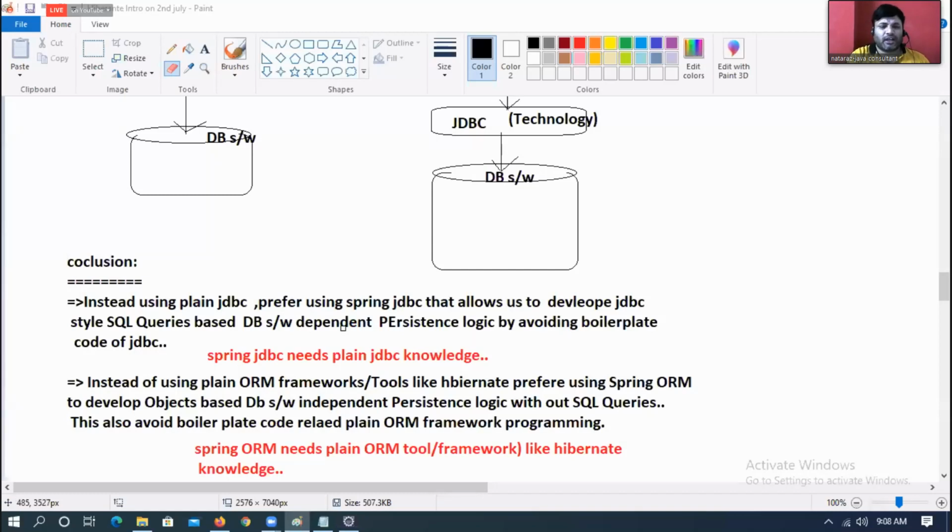Okay, boss. Now, at the end, nowadays we got one more latest module in Spring, that is Spring Data. For the last 2 years, it is doing wonders. Other frameworks, other modules of Spring just avoid the boilerplate code and make persistence logic development simple. Still, you have to write specific logics. Though these specific logics are the same, repeated in all database tables, still you have to write them.